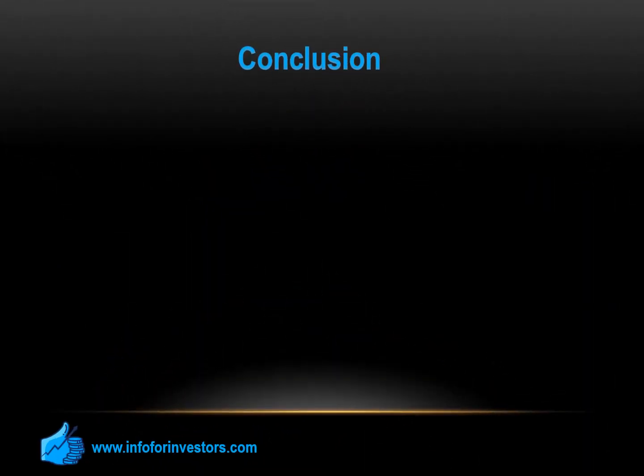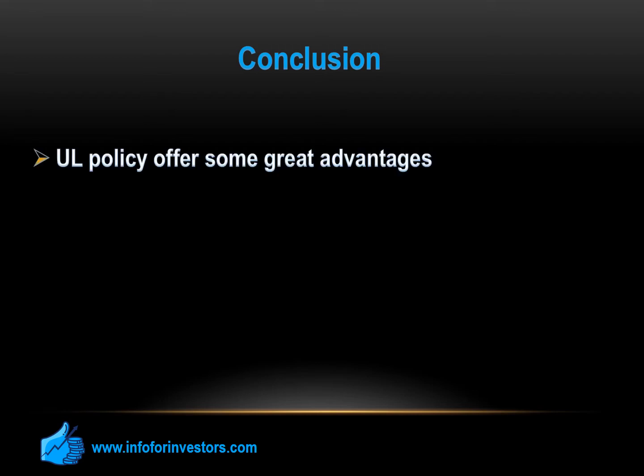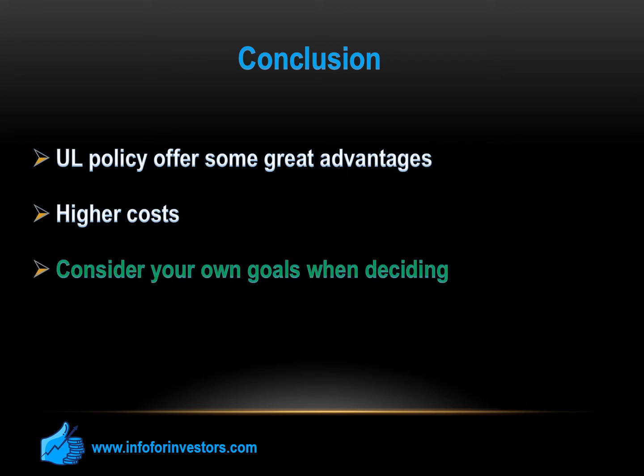Conclusion. At first sight, universal life insurance looks like something very seductive. It gives a lifetime coverage, flexible premiums, and accumulates cash value. The cash value gains interest over time and plays the role of a savings account. However, the rates are not fixed. They might go up or down depending on many factors. Therefore, if you decide to choose this type of policy, you had better keep an eye on your guaranteed interest rate. This is the minimum rate at which your cash value will gain interest.